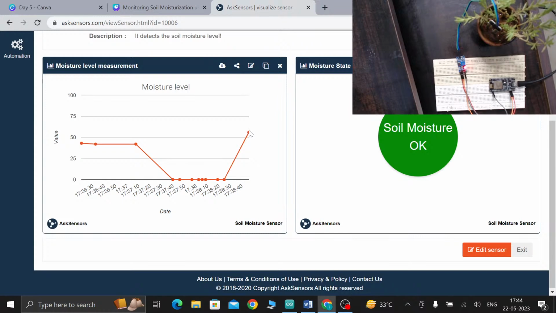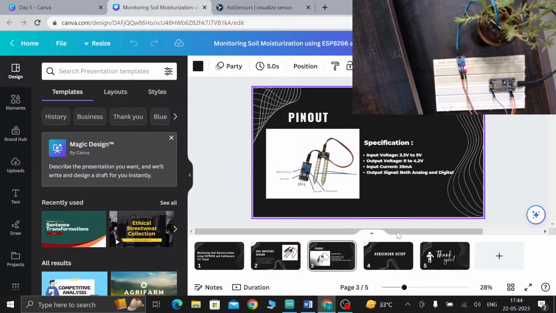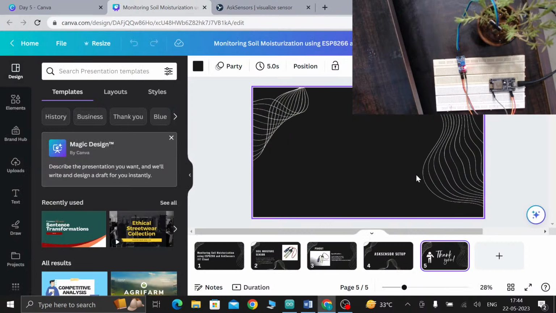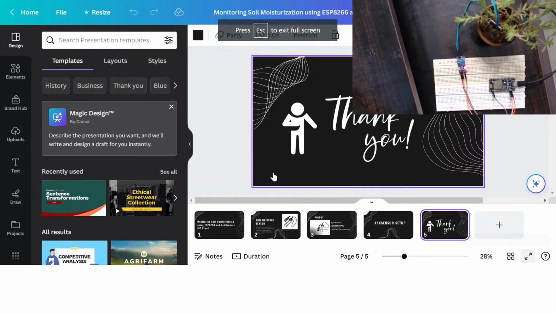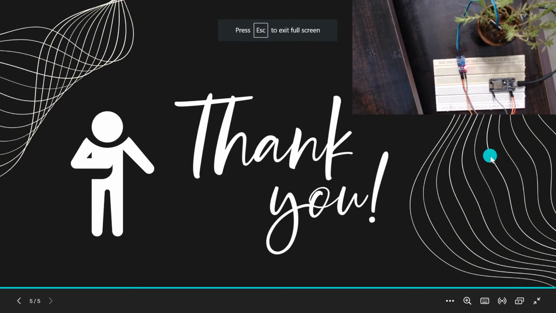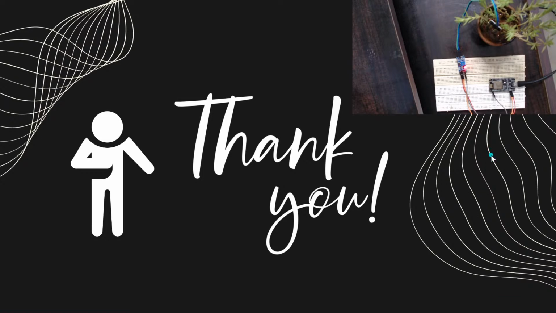So you can cross check your Arduino IDE also. Is it clear? Do you have any doubt regarding this?